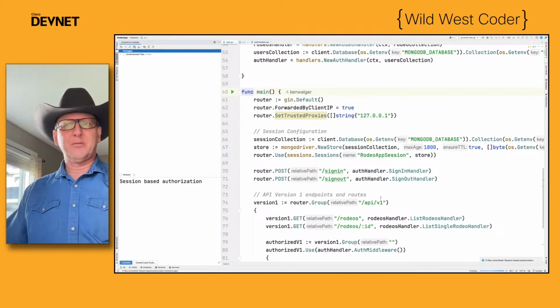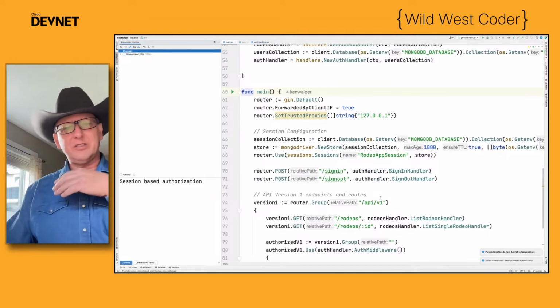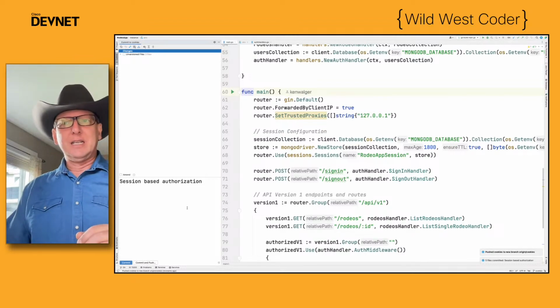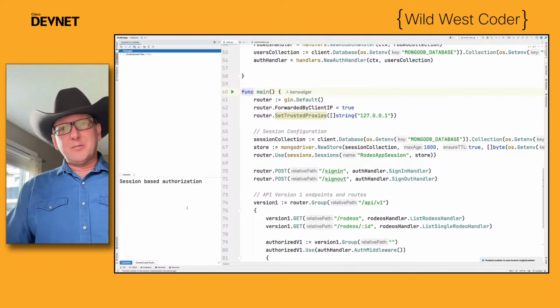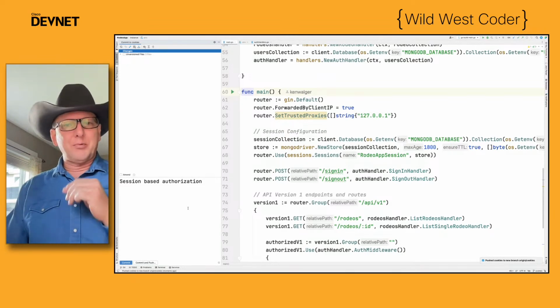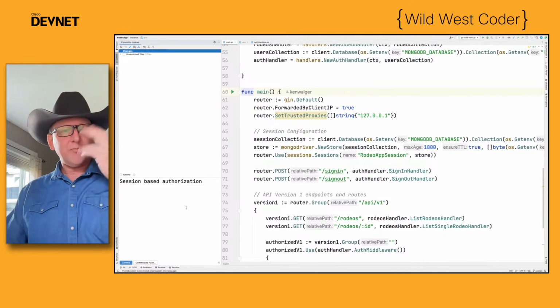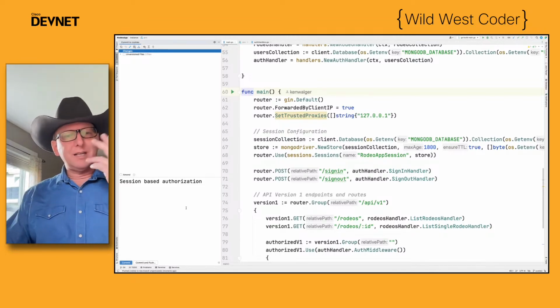All right. So we have a new branch just for sessions. This way, if we want to go back and revisit our JWT workflow, we have that, or branches for cookies. That's great as well. So our API, if we do a little bit of a recap